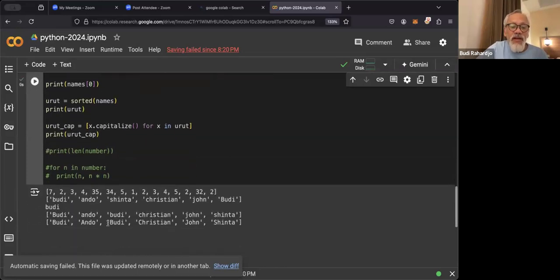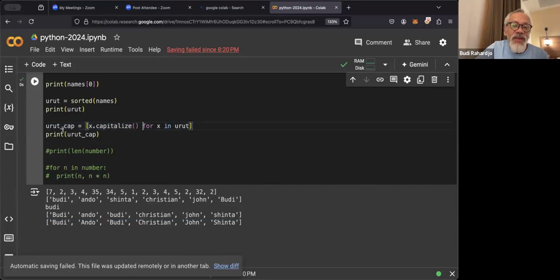Now, if you can see the output, the first name of everything is capitalized. So if you want to create a mailing list, for example, you want to make sure the first character is capitalized. What you can do in Python is do it this way. How do I know this? Usually I use Google to search how to capitalize the first character of a string in a list, and then it will give me this.